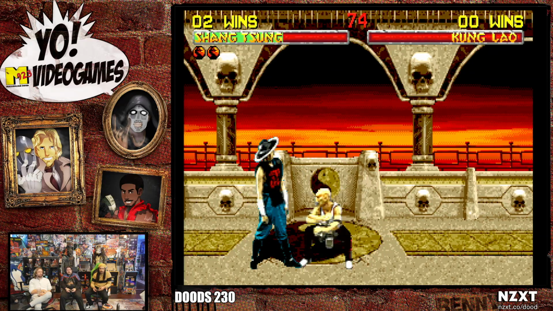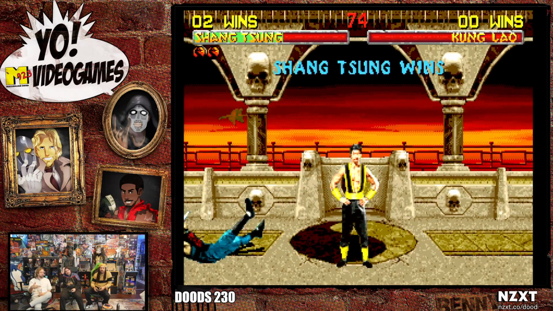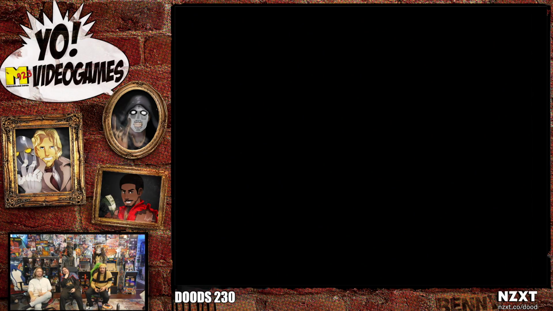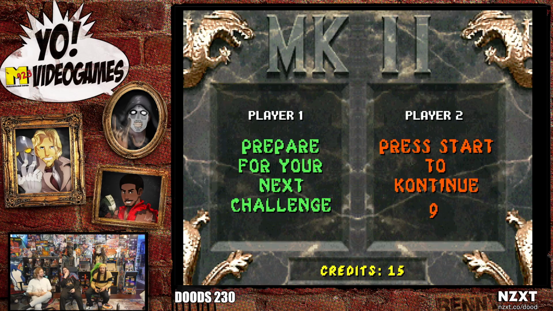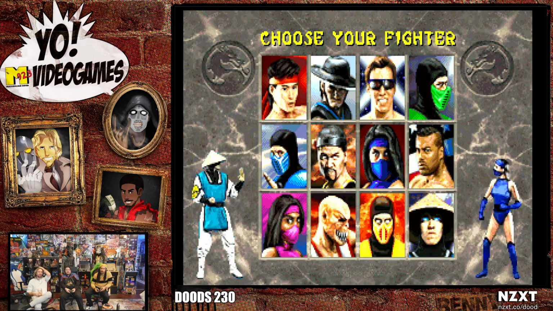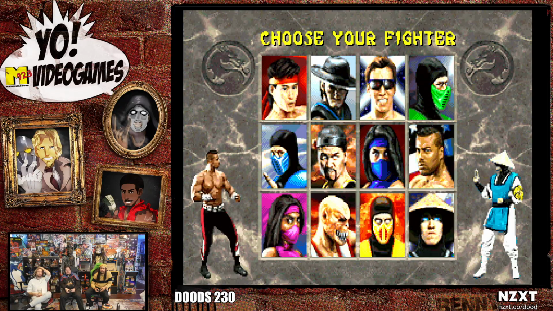Oh, is it? So what we gotta do is fire up the Genesis version of Mortal Kombat 2 for a while, and then we're gonna fire up the Game Gear version of Mortal Kombat 2. It might be on there. It probably is. We gotta get some proper comparison. No, not the Sega Nomad, the Game Gear. Like the first